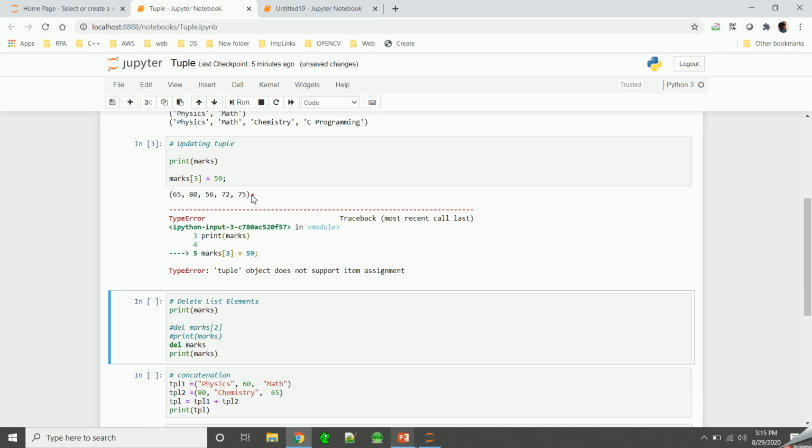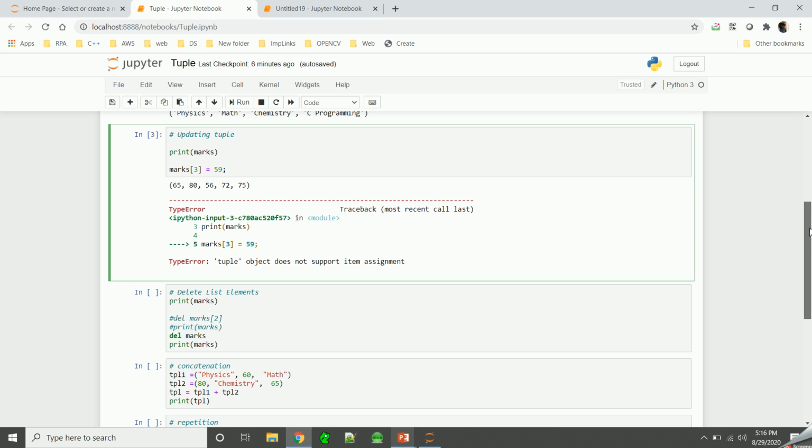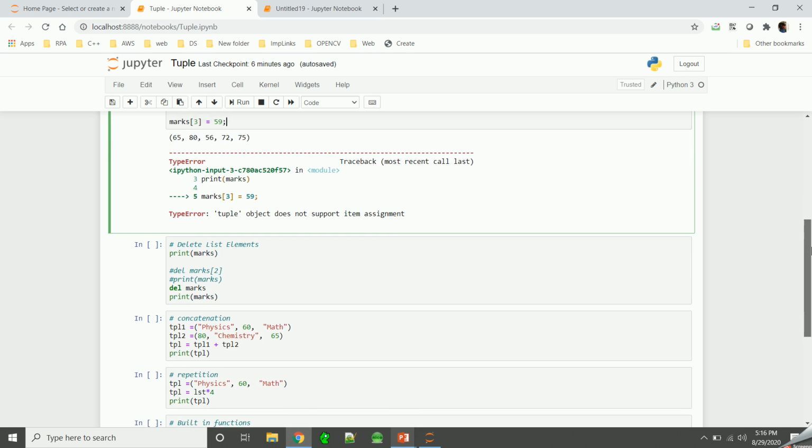You can see that first we are able to print the marks tuple, and then we get an error saying that the tuple object does not support item assignment. That is, you cannot modify the tuple. At the line marks of 3 equal to 59, we get the error because a tuple cannot be modified. So keep in mind that a tuple is an immutable data type.